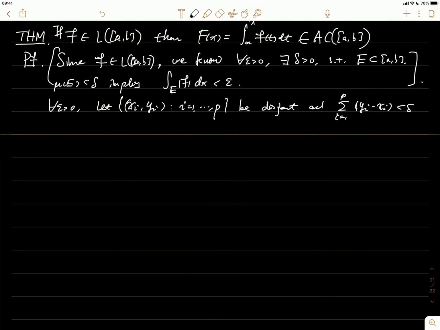Then we need to show that the sum of F(yi) minus F(xi)